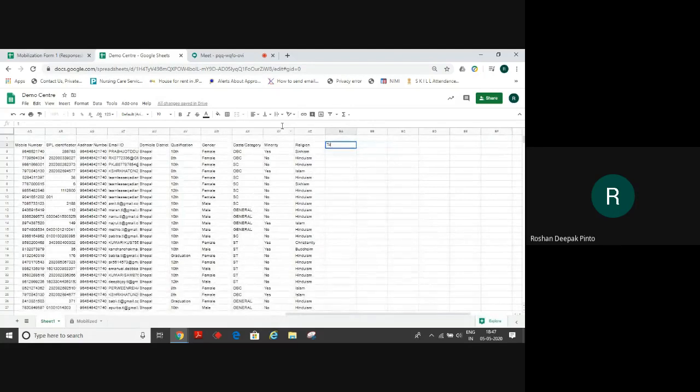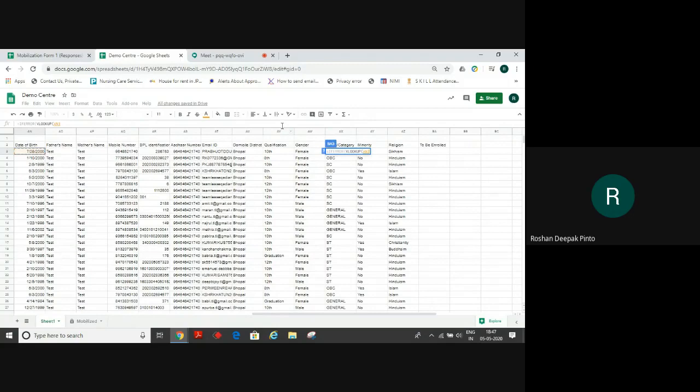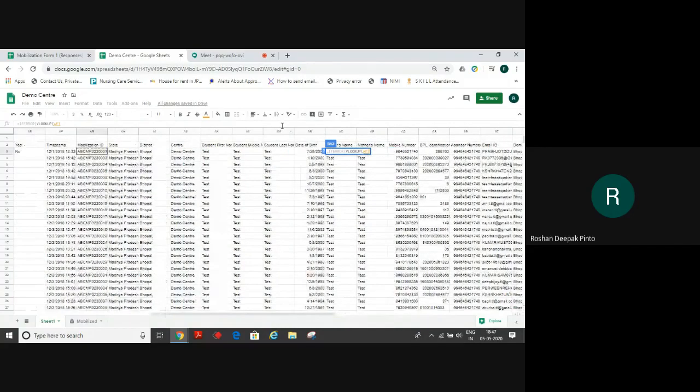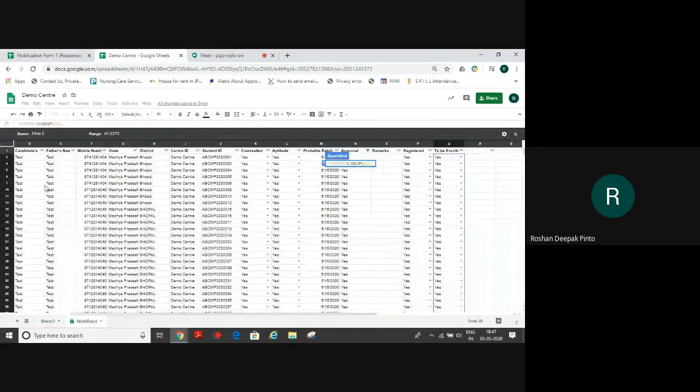Now I should know which are the candidates to be enrolled. In the same rows that are there in that WS sheet, I'll do IFERROR, then I do VLOOKUP. That is why this mobilization ID is very important. Mobilization ID from where? From this mobilized sheet. I copy wherever the mobilization ID is there, from here till here.